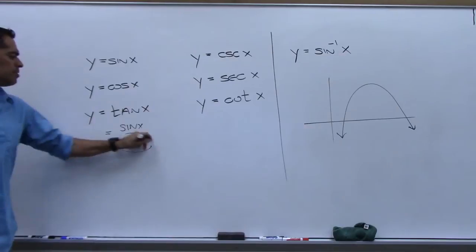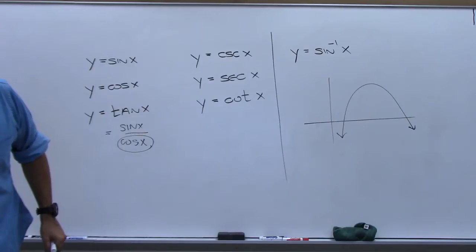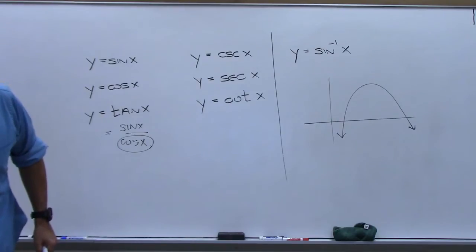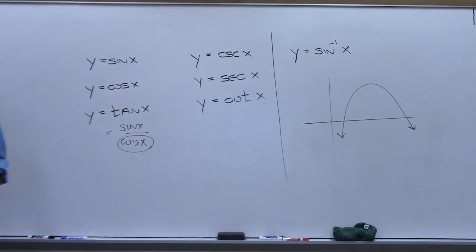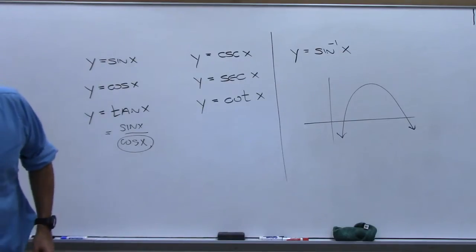So anywhere where cosine would be 0 is where we would have a problem, right? So I'm going to take the sine function off the graph. The green is the cosine, right? Everywhere where cosine crosses the x-axis corresponds to a vertical asymptote for the tangent function, doesn't it? Okay. And then if we look at